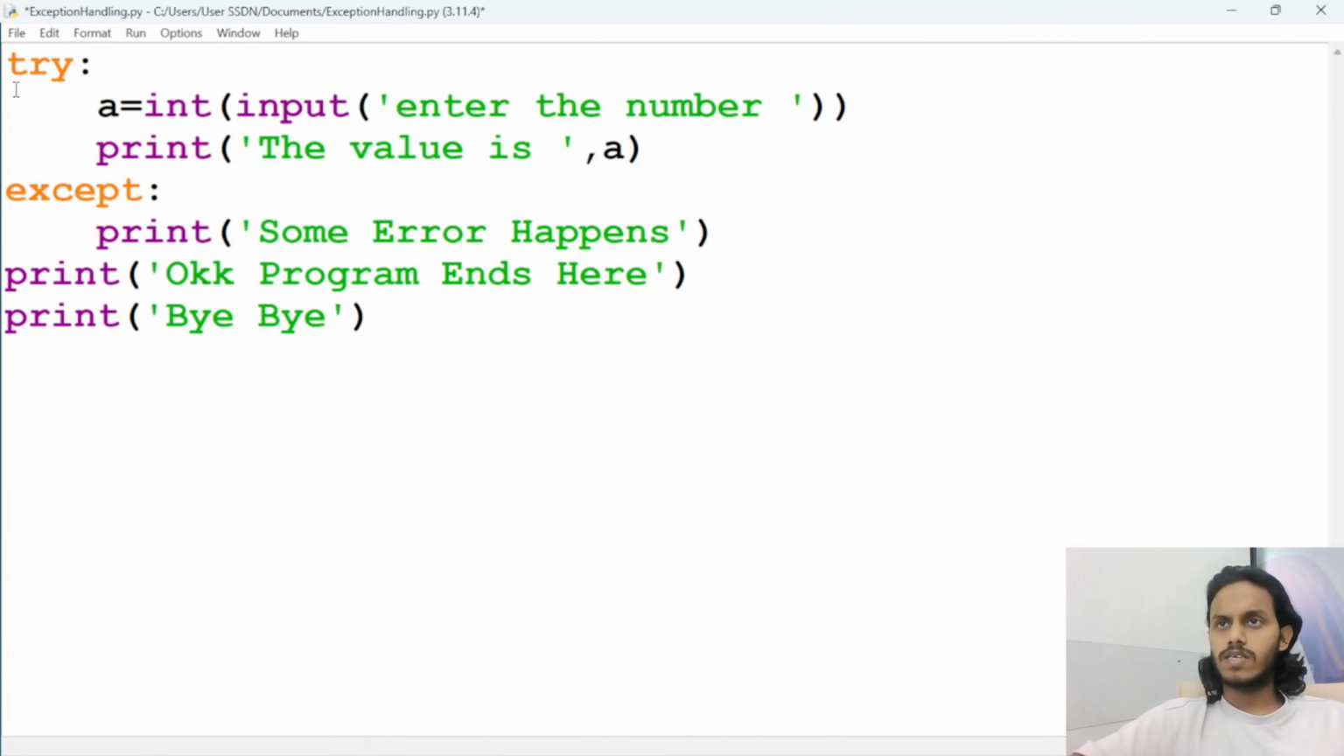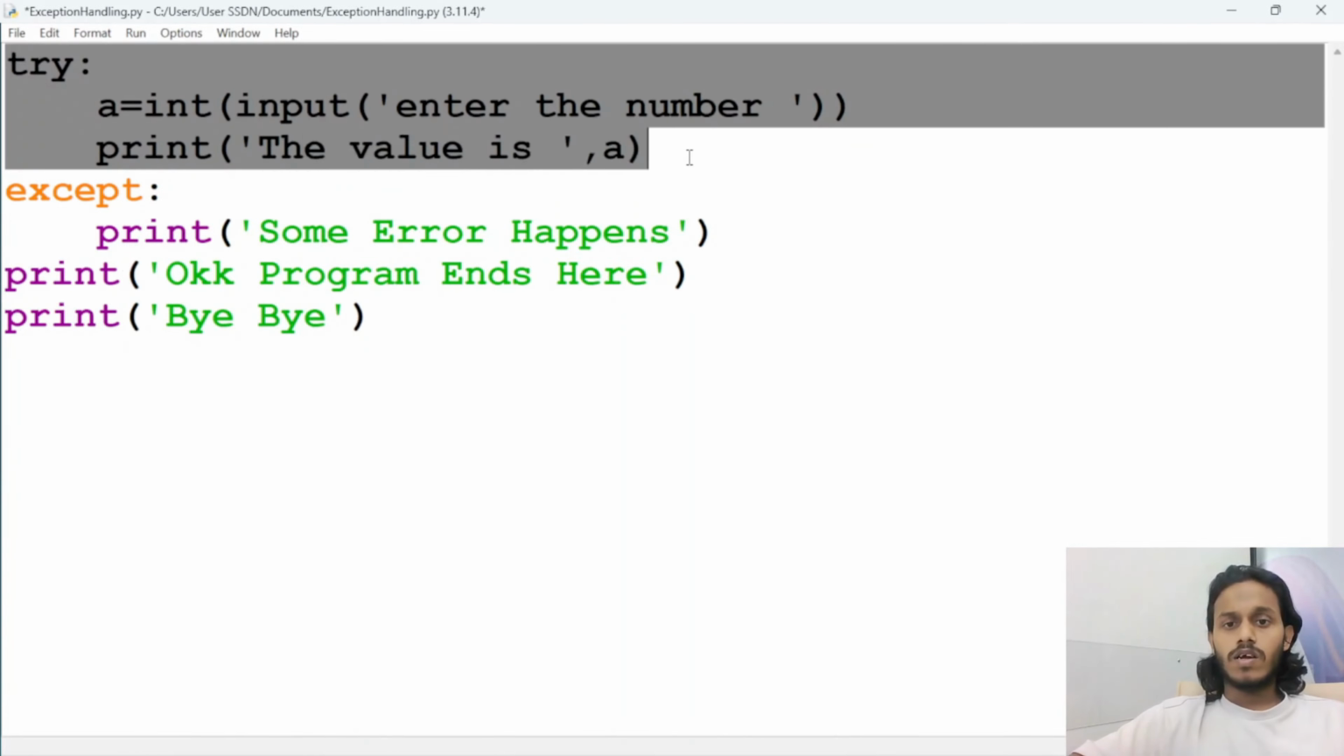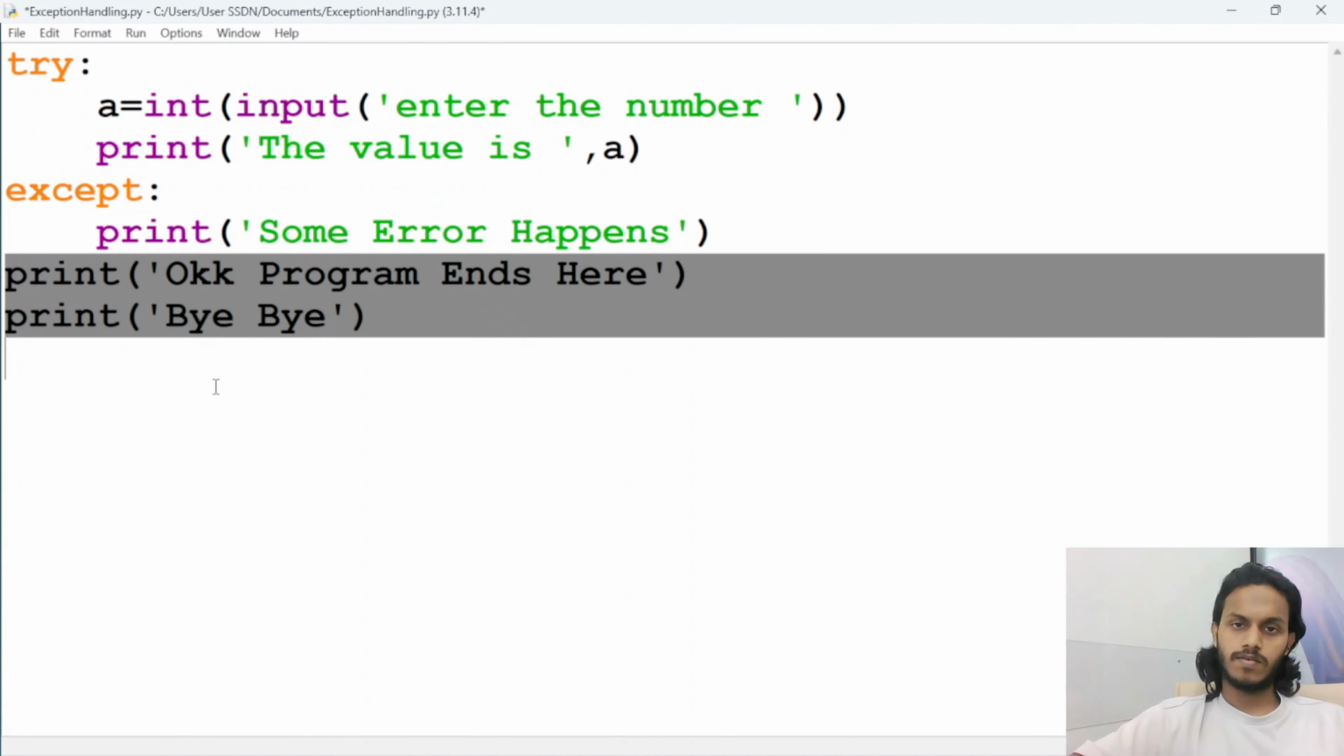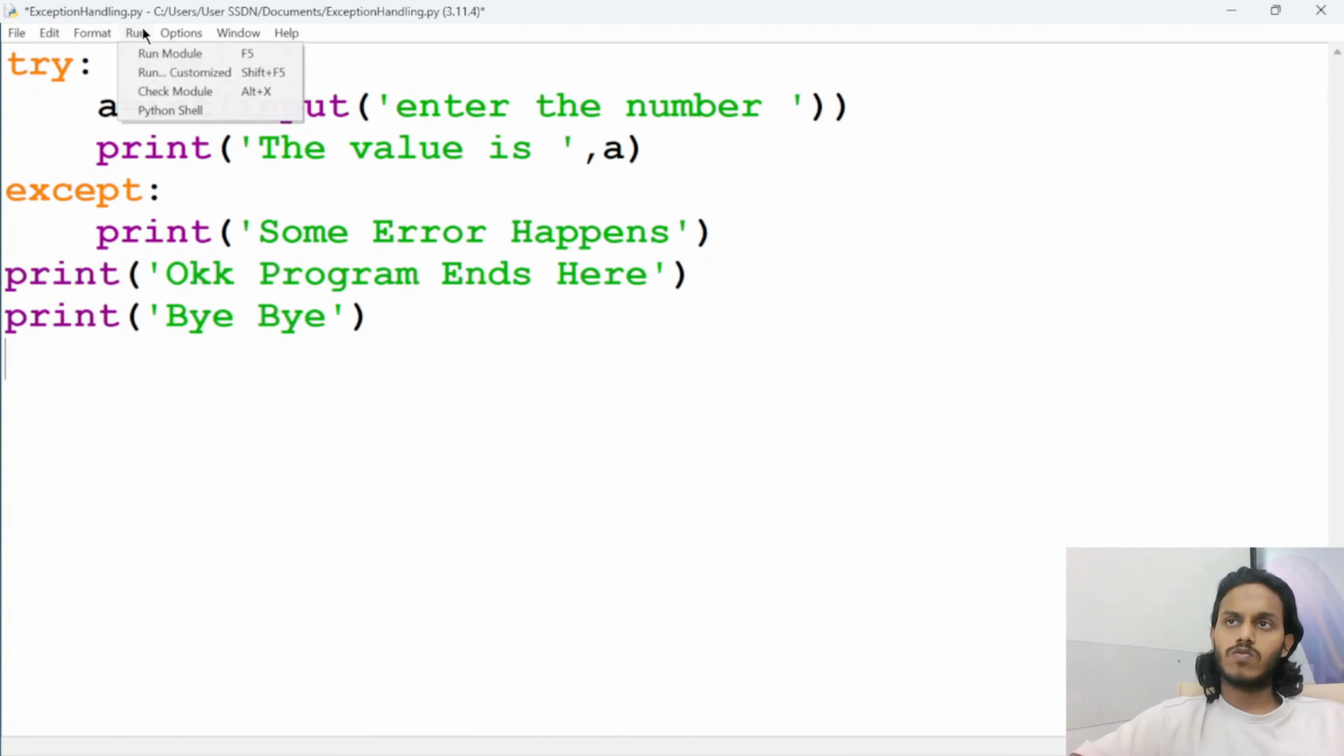Now here, guys, you can see this is the try block. Instead of simply executing it, it will try to execute it. If that executes perfectly, then it will move further. And if there is any kind of error, then it will go to this except block, print the exception, and you can see these two lines will be printed, whether the error happens or not. So now if I run this code,